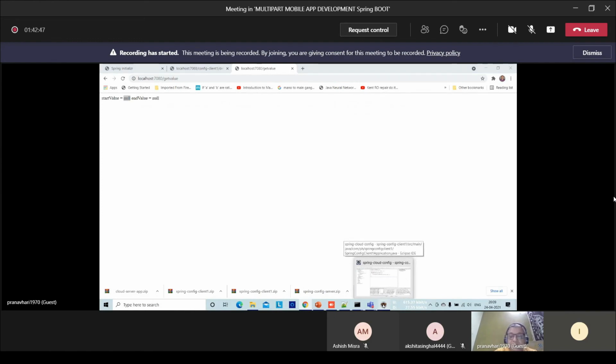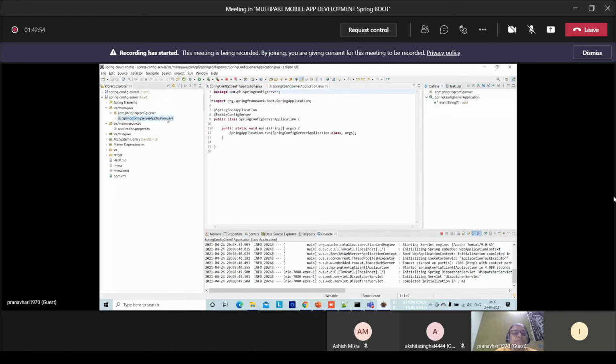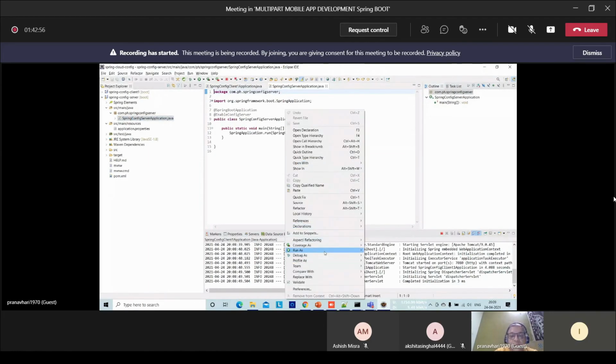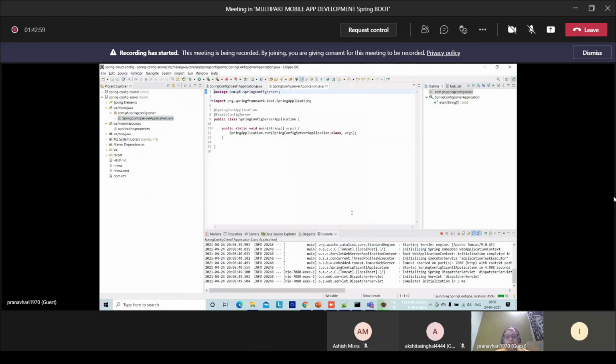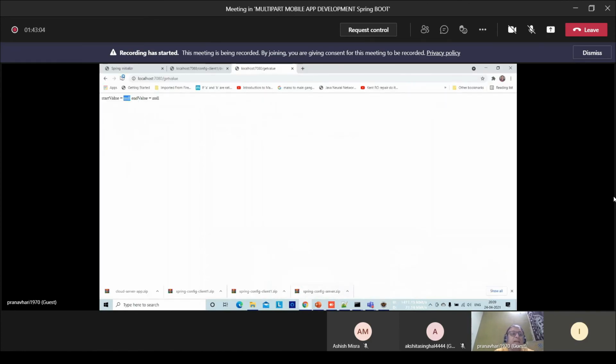Even if I start the server now, it is not at all going to affect the clients. Let's check the server is started. Yes, started. Does it affect clients? No. Why? Because the data gets bound at the time of launching of the client app itself.